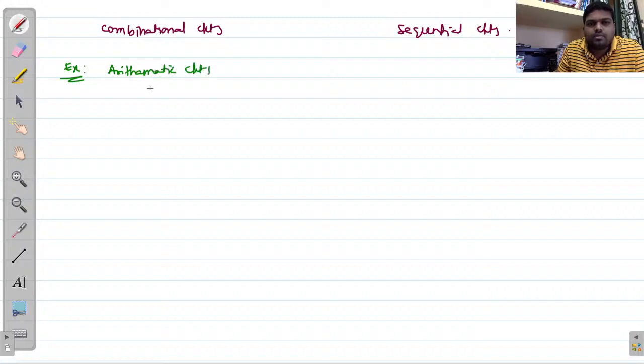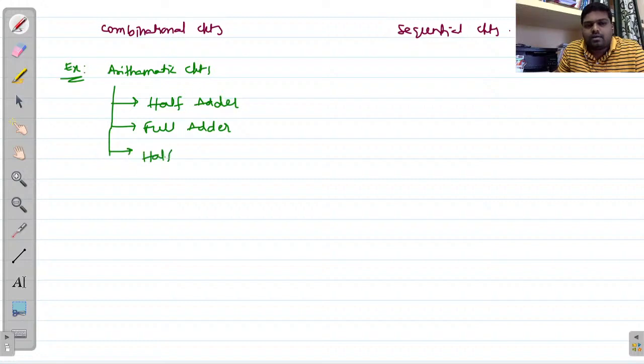Arithmetic circuits are the half adder and full adder, and half subtractor and full subtractor, and next, the binary parallel adder,